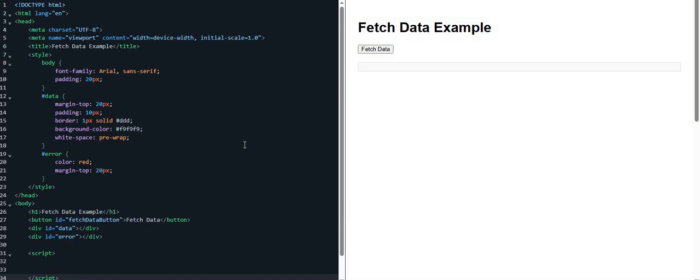How to learn JavaScript from beginner to advanced. Today we'll do one promise together. We will fetch, we will bring some data from a server using a fetch URL